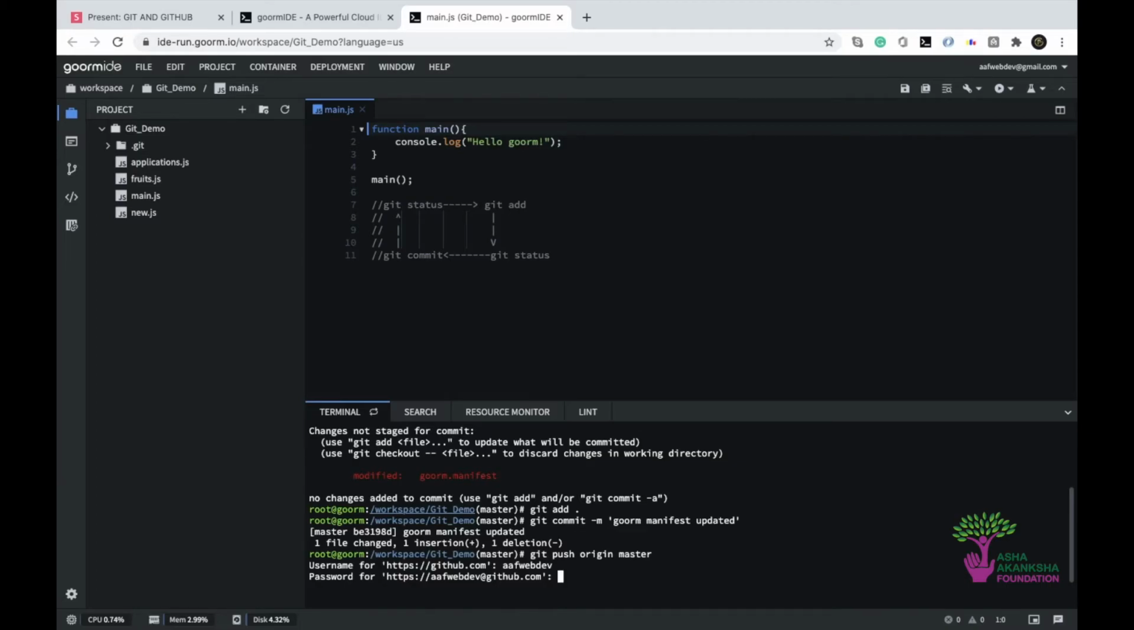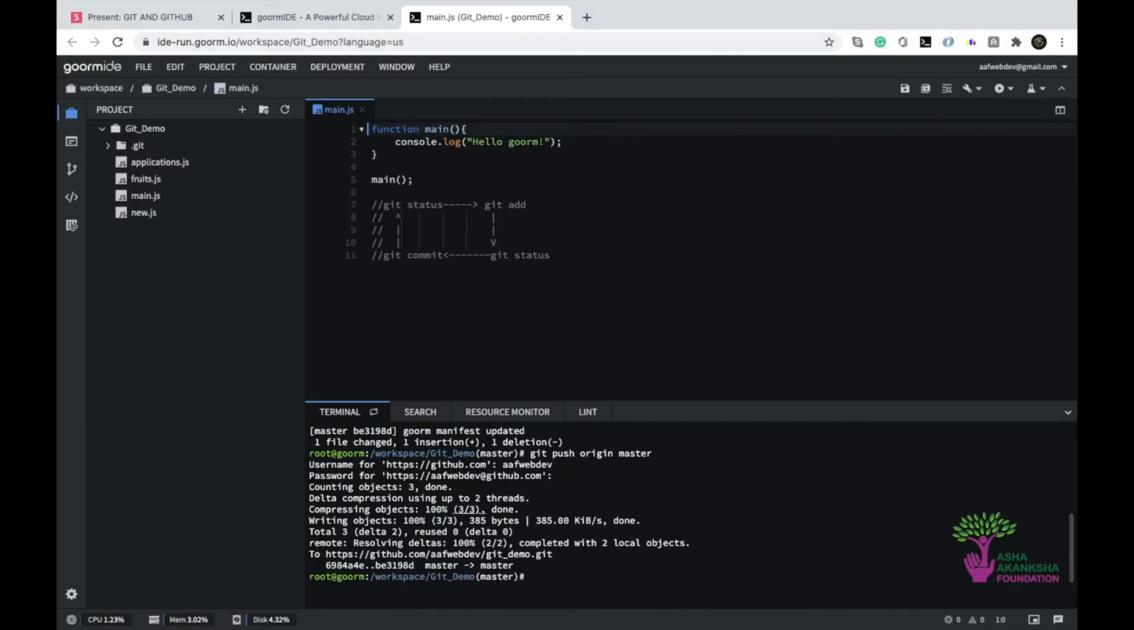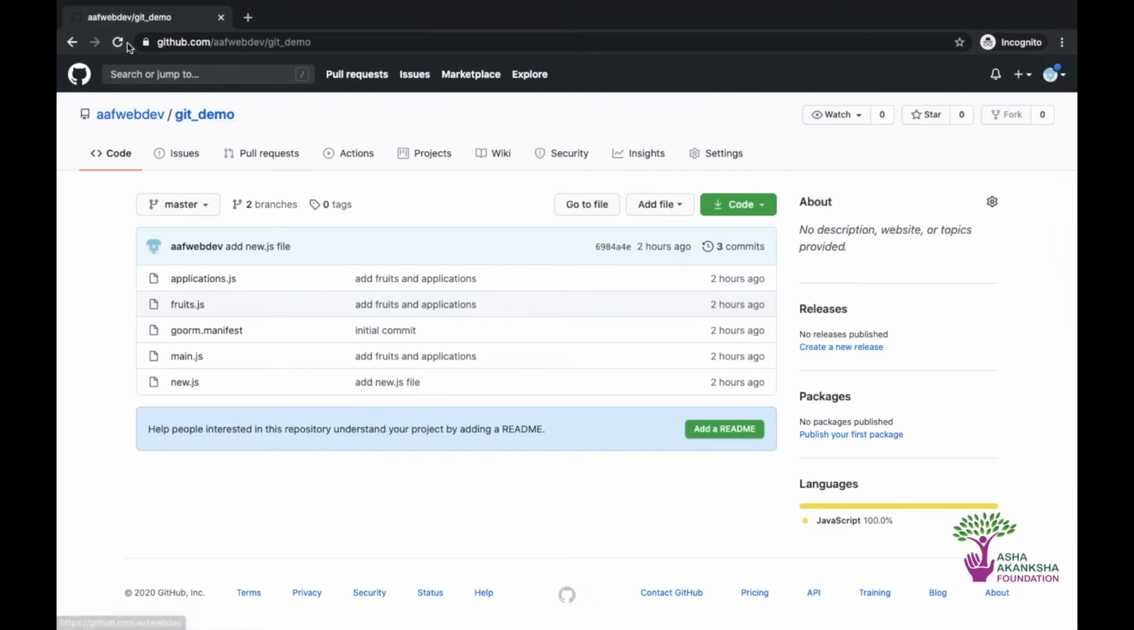So it seems like I'm not typing, but I actually am. I think I've mentioned this before too, but that is how passwords work in the terminal. So it says pushed. If you're getting something like this, it means your code has been pushed to GitHub. And if I refresh now, I have 4 commits, and it tells me I committed Gurm manifest updated 1 minute ago, right? So it also tells you when you actually committed that thing, and you can see whatever it is,